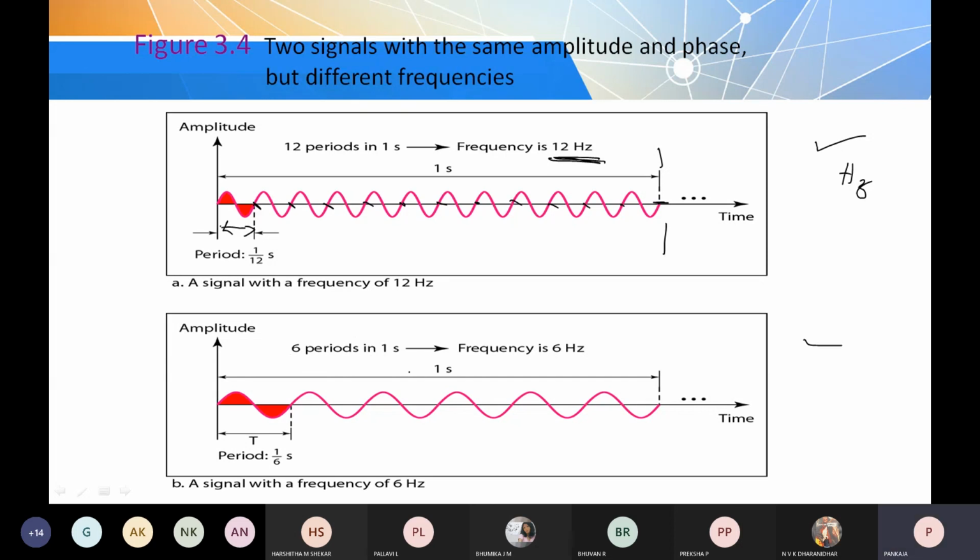Here you can observe the period time is also more. If the period time is less, the number of cycles per second is going to be more. If it is taking more